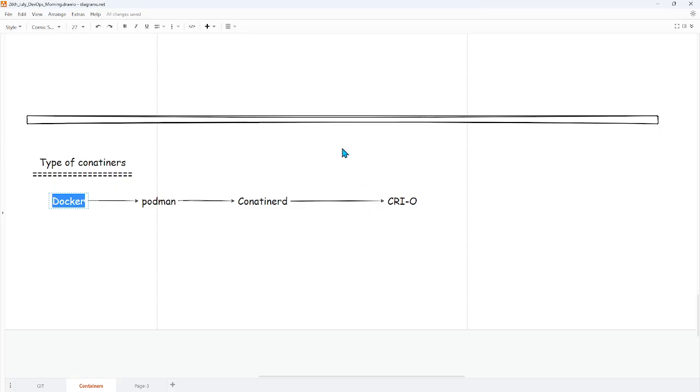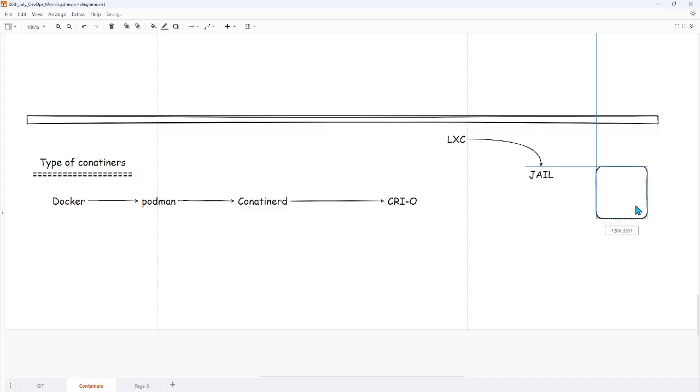The concept of the container is quite old. If you are coming from a Linux background, you may know LXC, Linux Containers, and LXD. These are some of the container options. This concept was already available. There is a concept of jail in Linux, which is also some kind of containerization. In the jail concept, we create an environment and put all the dependencies in it.